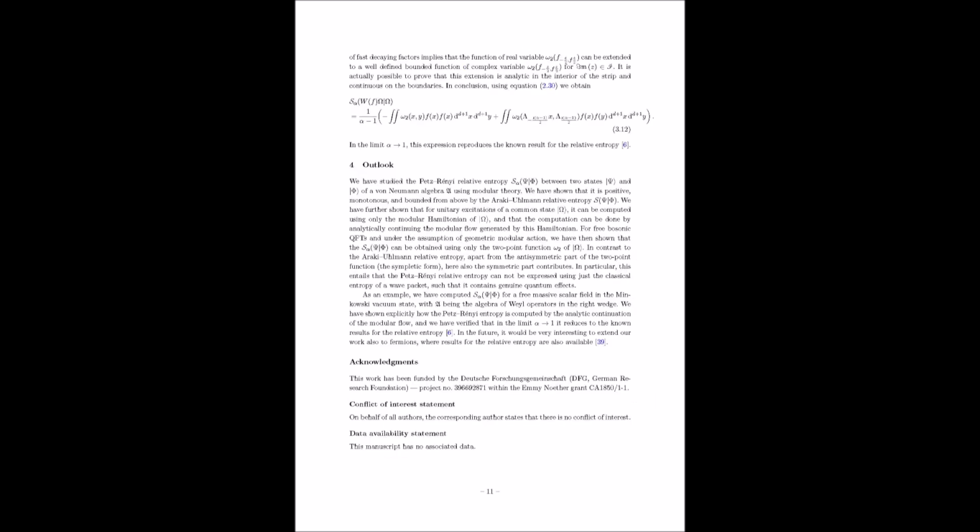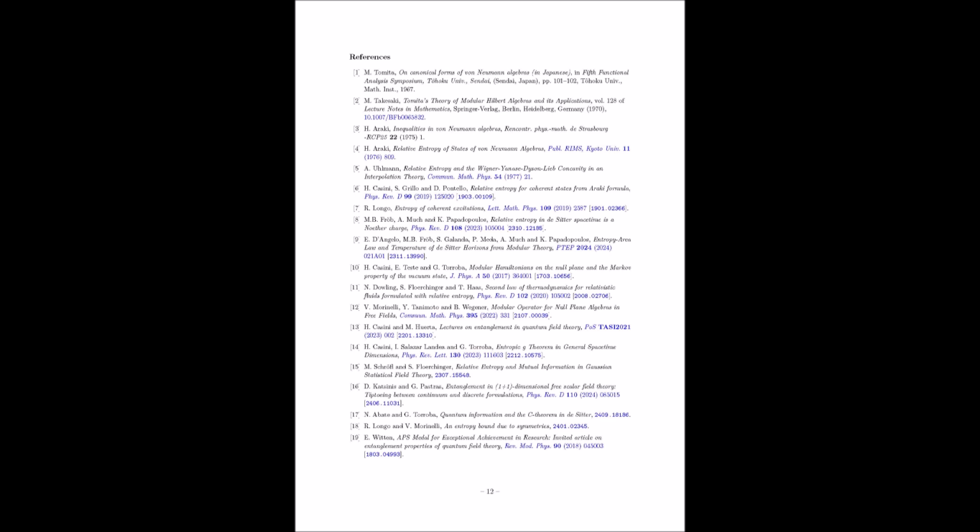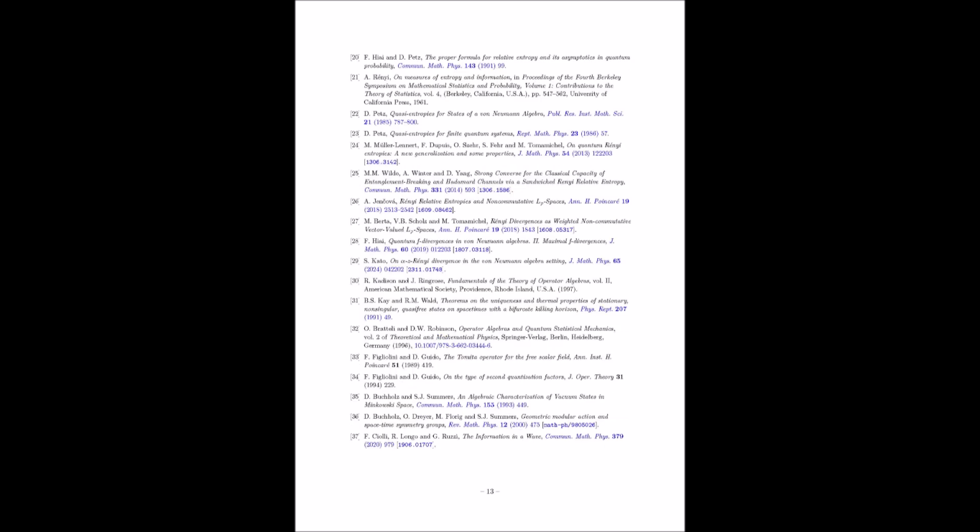So in simple terms, the Bisognano-Wichmann theorem links the modular operator to a specific type of symmetry transformation called a boost. A boost, like accelerating in a particular direction in spacetime. Exactly. In this right wedge situation, the theorem essentially tells us that the modular operator acts like a boost in the x1 direction. Interesting. It's like the modular operator is shifting things along that spatial axis in a specific way.